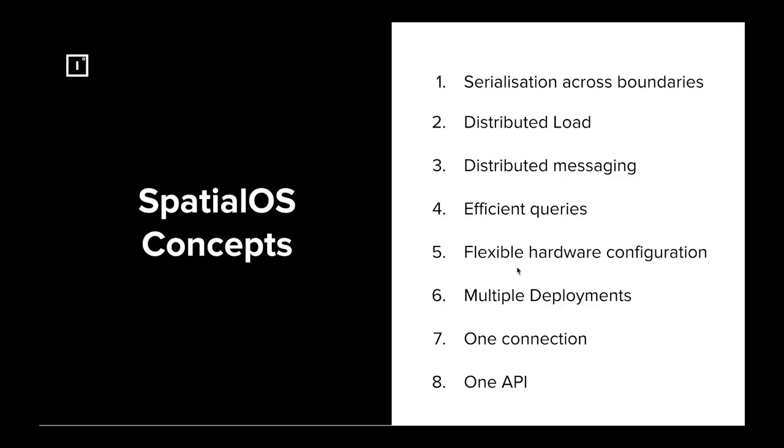So to recap, because I know that was a lot of information, we sort out all of the serialization across the boundaries for you. Your entities are completely unaware that they're in a distributed system. We help with distributed load balancing. We have load balancers you can use today, and you can also write your own. We support completely distributed messaging. Any entity with any entity ID can send a message to any other entity at low latency as well. So if your headshot is an RPC, then that's absolutely fine.